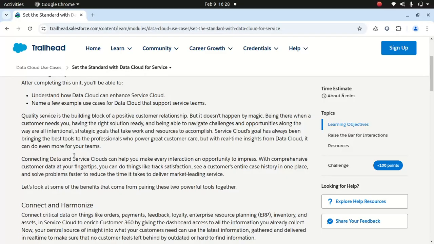You could add Marketing Cloud, but at least from a New Zealand perspective, especially in government agencies, I've seen Marketing Cloud heavily used, which is good. It's a great product, though some people might disagree, but from what I've seen, I kind of like Marketing Cloud. Okay, so you could use Data Cloud in Service Cloud. You could use it in conjunction with Sales Cloud. You could use it with Marketing Cloud, right?